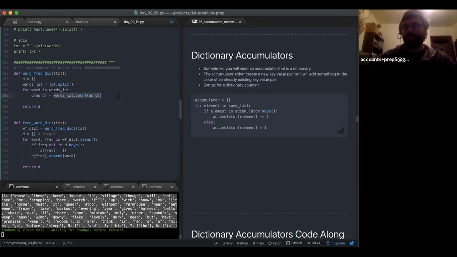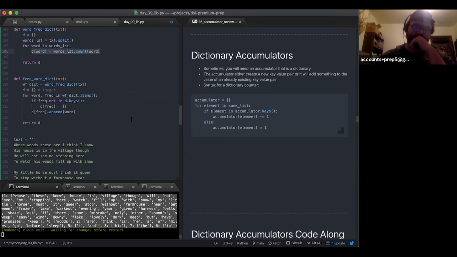Something important to remember with dictionaries is you can't have an orphaned key without a value, and you can't have an orphaned value without a key. If you delete the key, the value goes with it, and vice versa. I think if you fully delete a value, you're going to get an error because it'll be like, hey, I have a key that doesn't refer to anything. What does that even mean? So sometimes you can get away with just doing this in a line, right? Sometimes you have to